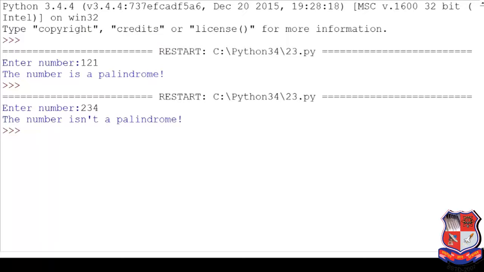Now let's move to the second program, to check whether the number entered by the user is a prime number or not. If the number entered by the user is divisible only by 1 or itself, the number is called a prime number. For that, I have written a program where first the user enters a number and it is stored in the num variable. And if num is greater than 1, then there is a need to find whether that number is prime or not. As 1 is already checked, we start the loop from 2.